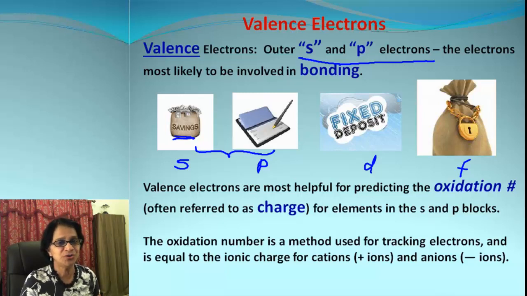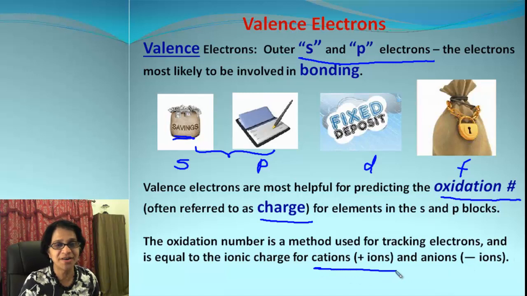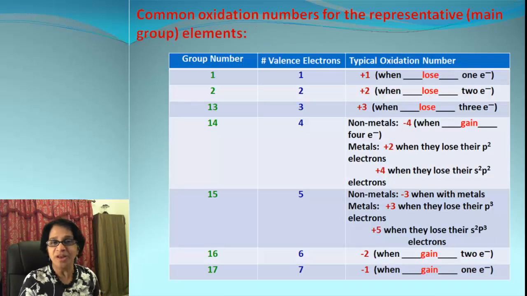Now we also use one more term, oxidation number. This depends upon electrons lost or gained, and that gives a particular charge to the element when it turns into an ion. You will also remember the positive ion is called a cation and a negative ion is called an anion. When we look at the periodic table, there are some easy rules by which we can predict if it's going to form a cation or an anion, and also what the charge on that ion is going to be.